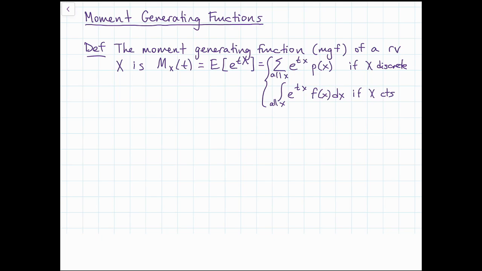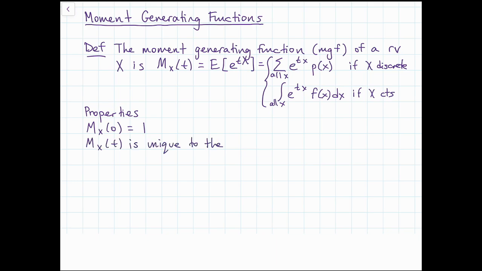And there are a few properties that the moment generating function has that might be useful. First of all, fairly obviously, M_X of 0 is equal to 1. If you imagine plugging in t equals 0, we get E of e to the 0 times X, which is just 1. Also,